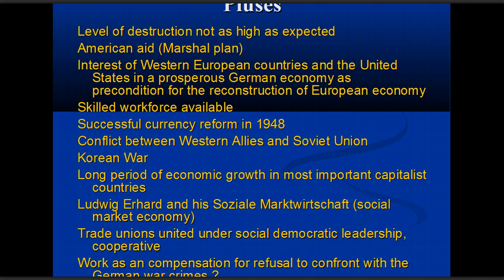Trade unions wanted it to work. They weren't working against the government, they were working with them, partly because a lot of them were under social democratic leadership. There was no competition between, say, the KPD run unions and the SPD run unions, as had been the case in Weimar. And maybe the whole idea of creating a successful Germany would create a new identity for